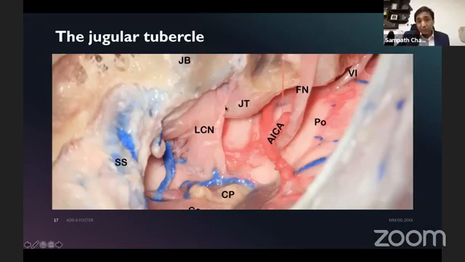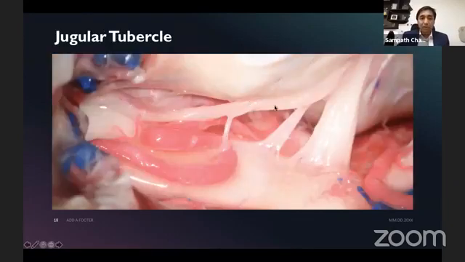So if you encounter the jugular tubercle in your translabyrinthine approach, it is not really wise to keep drilling the jugular tubercle, because then you may get lost and go up to the hypoglossal canal and then thereon into the foramen magnum. Okay, so yes, with a controlled dissection, it is possible for the experts, but for those of you who are doing your first 10, 15, 20 translabyrinthine approaches, just try to avoid drilling out the jugular tubercle.